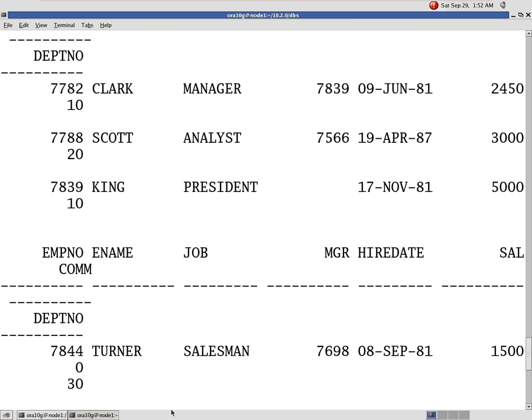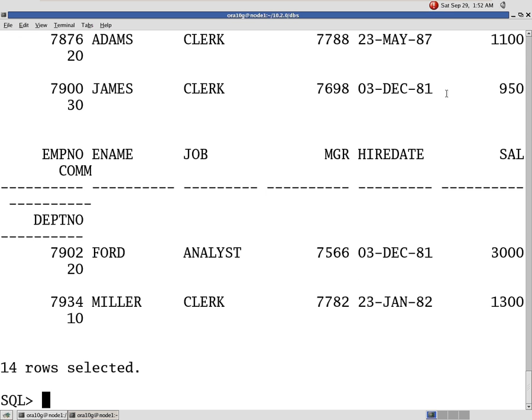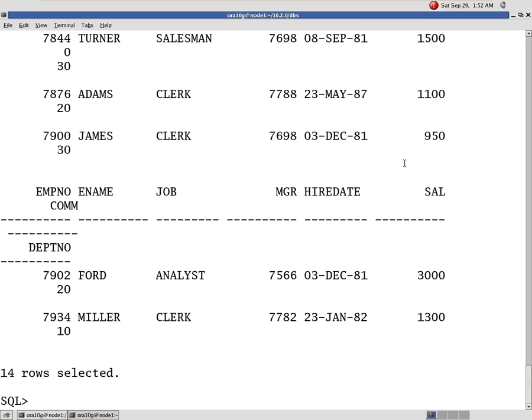Does the user have a salary column? The salary column is there.